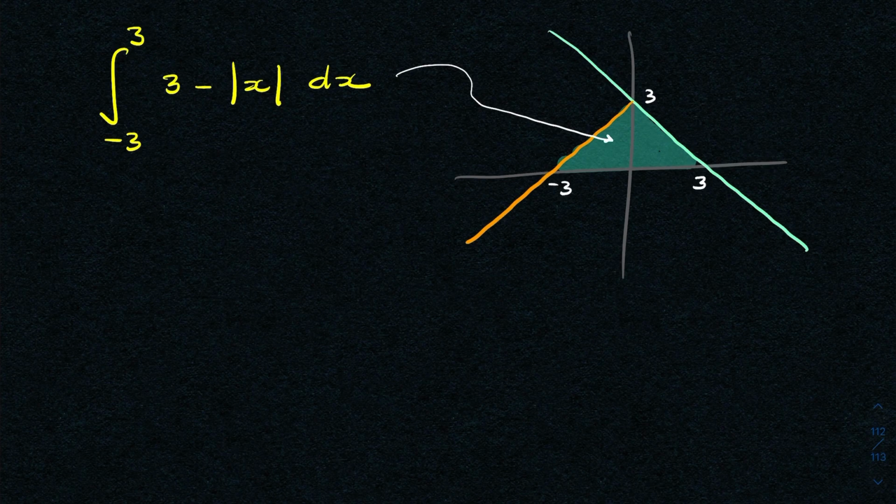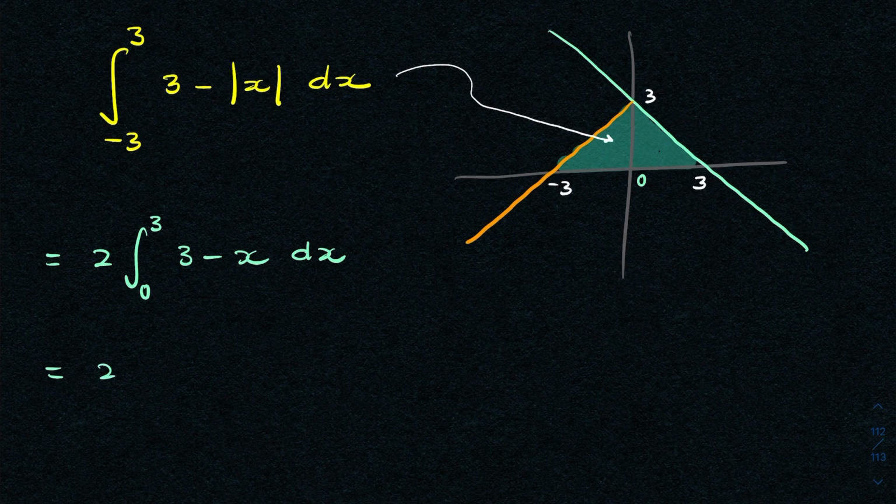Now, what you could do is just find the area here from 0 to 3 and then multiply by 2. That's probably the easiest way to do it. You could integrate under these two separate functions and add them together. The answer will be the same, so I'll do both for you. So you could say this is equal to twice the area from 0 to 3 of 3 minus x dx,